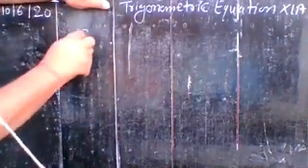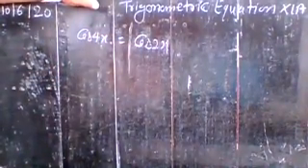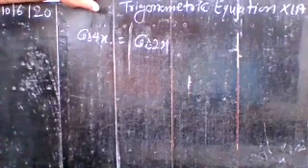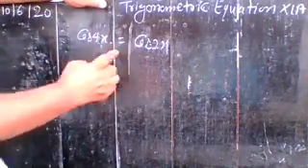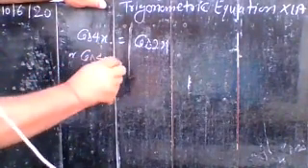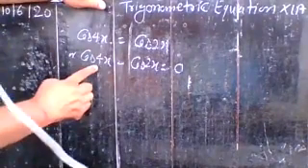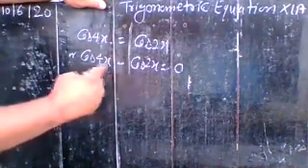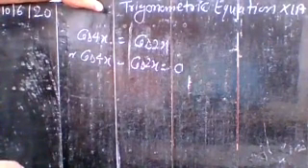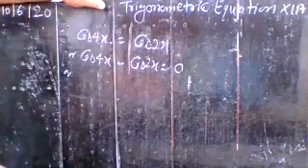Your first question is cos 4x is equal to cos 2x. Here you have to solve it. So how do you solve such a type of question? Here you transfer this cos 2x to the left side, so that can be written as cos 4x minus cos 2x is equal to 0. Now applying the formula for cos x minus cos y, that is minus 2 sin (x plus y)/2 sin (x minus y)/2. If you apply it here, you can very easily find its solution.